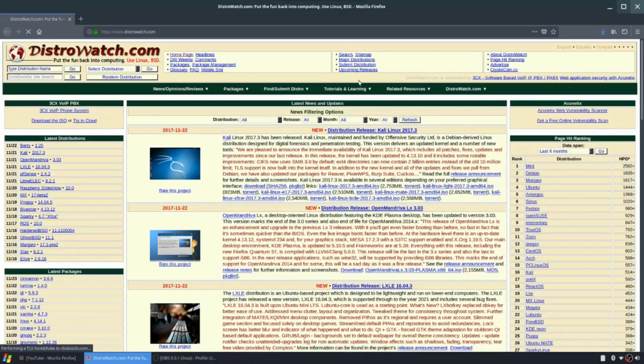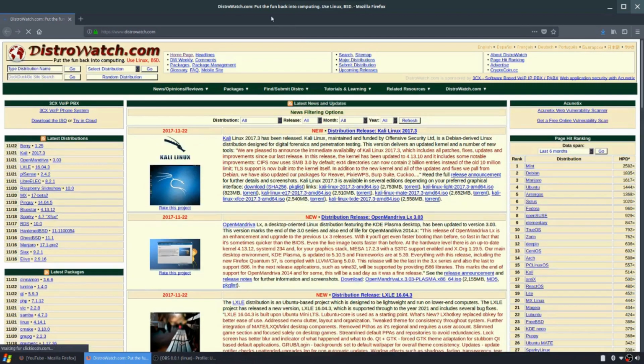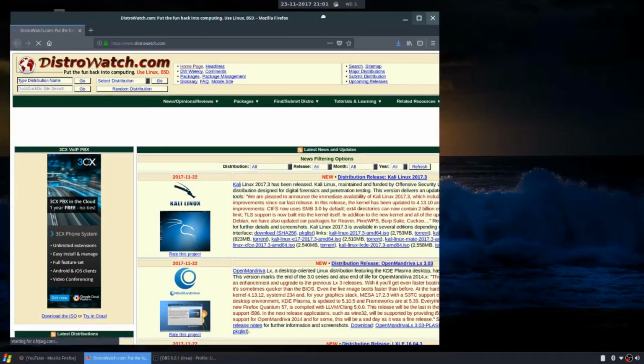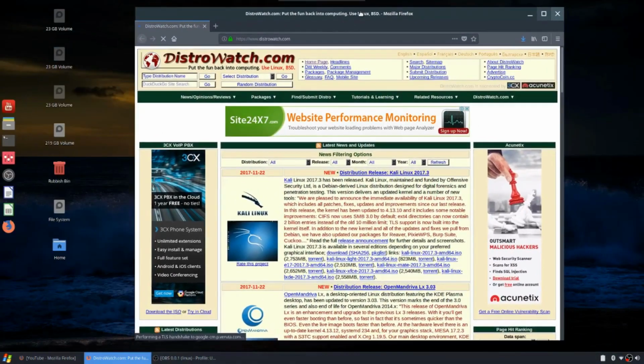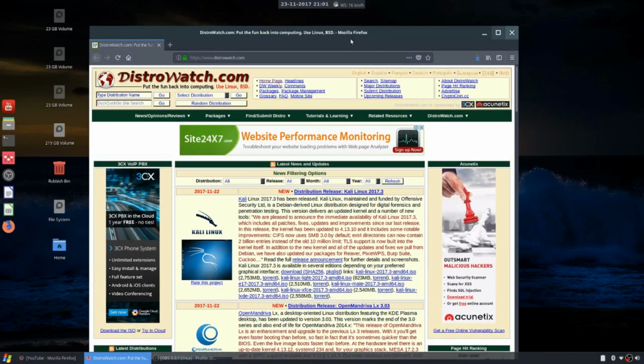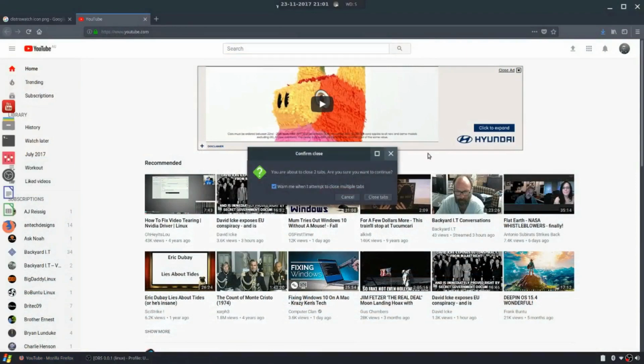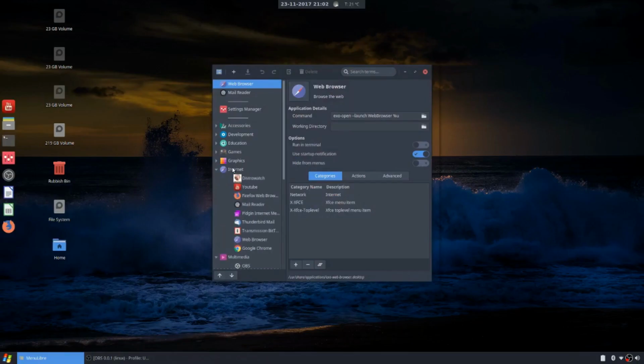DistroWatch. There we go, in a new window. So it's probably best to put the HTTPS in that, so it finds the secured website. And there's our other window there. So if we go to Internet again,